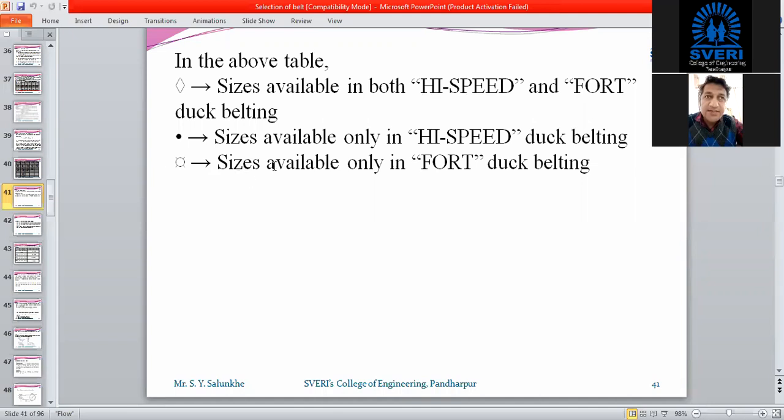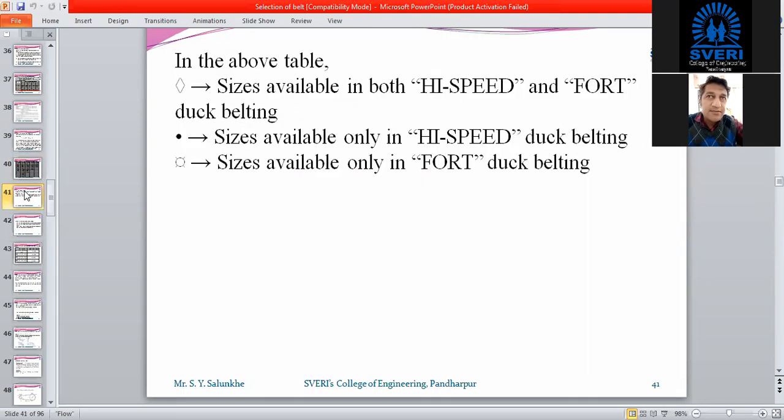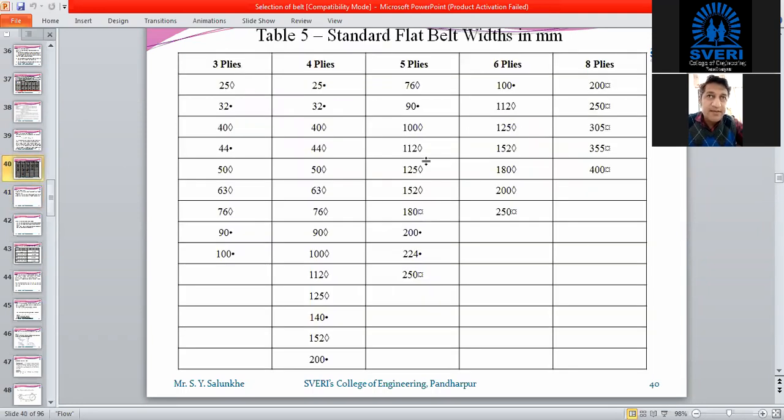And the star means size available only for the front. So if you again refer to this table, then this dot means these two widths are available only in high speed, and this star means it is available only for the front belt.